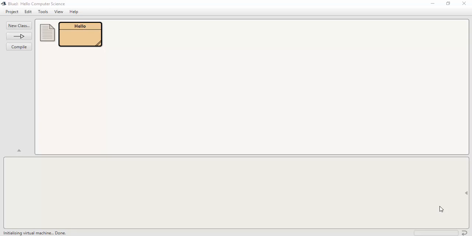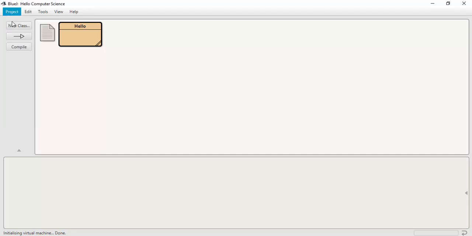In this video, we're going to be taking a look at getting user input. And when you're getting user input and using it in Java, there are some things that you have to do that's a little different than some other programming languages. So last time we had Hello Computer Science. This time we're going to do something very similar, but we're going to have it output their name and grade